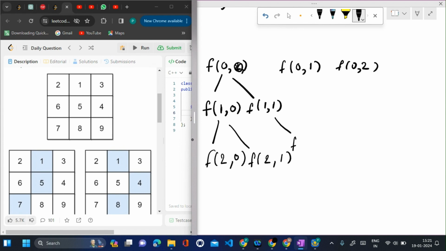From here I can go to, this is 1 comma 1, so from here I can go to f of 2 comma 0, f of 2 comma 1 and f of 2 comma 2. Now from here I equals to, this will call the f of 3, but f of 3 is a return condition, so 0